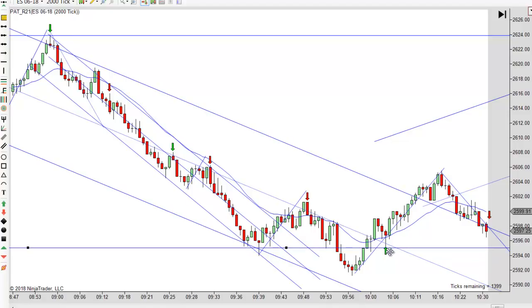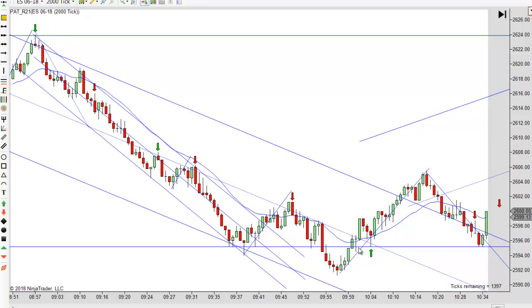Can never grab the one I want to grab. You can see that's close enough to call that a double bottom, but the fact is I don't want to take that right into the trend line because it may turn down there, may not go higher. So you got to be careful with that. And another thing I liked about this was a double test of that line.